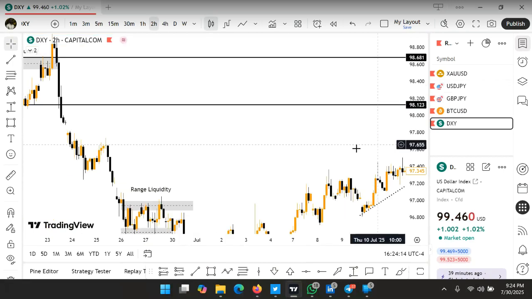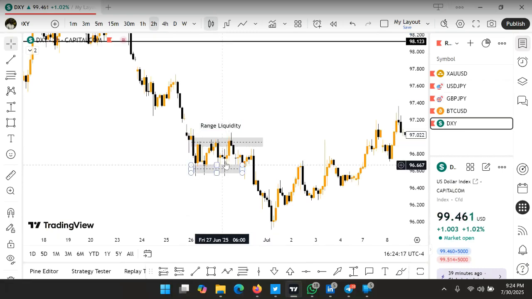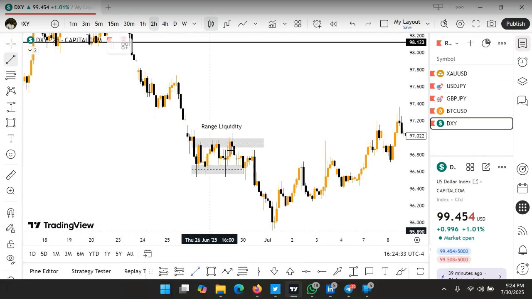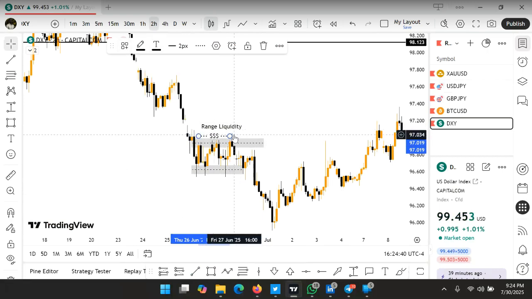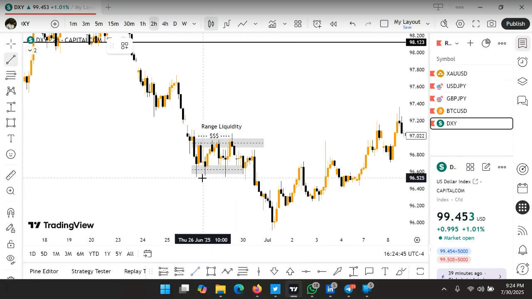Now, range liquidity. Now look at this liquidity. The market is ranging. What do you see? The market took liquidity here and also took liquidity here before breaking out of this structure. So the market will always take liquidity either at the top, that's the resistance level, or at the bottom in a ranging market. Because there is liquidity sitting above these levels and below this level. You can see this sharp move, this sharp wick, and then the sharp down movement is what? A sweep of liquidity. There will always be a sweep of liquidity.